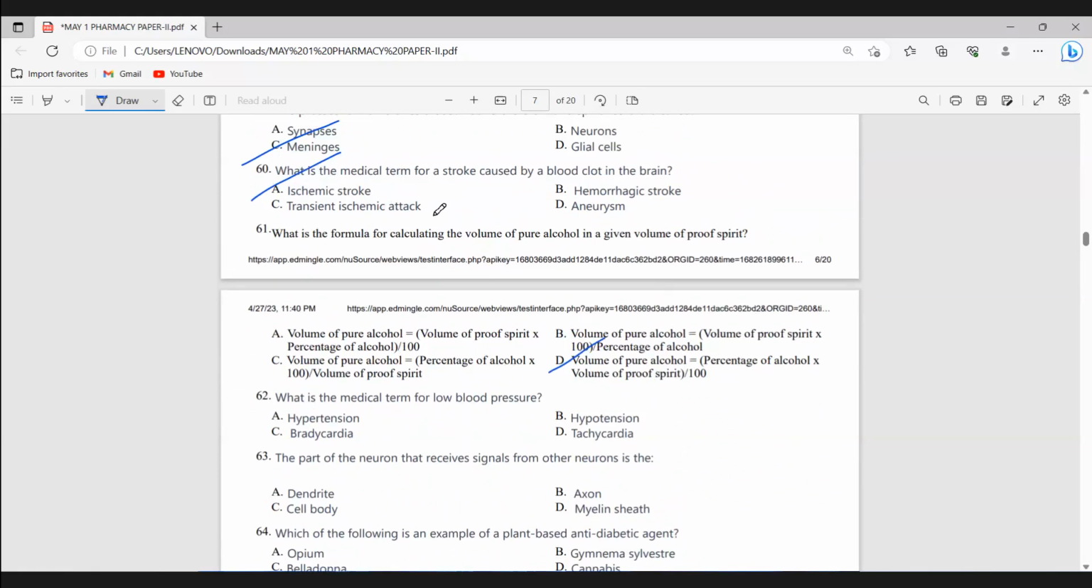Stroke means ischemic stroke. No, 60, answer B. Not hemorrhagic stroke, it is ischemic stroke. What does ischemia mean? Ischemic, not